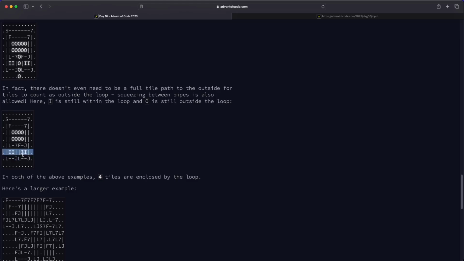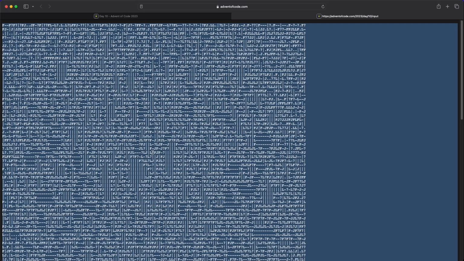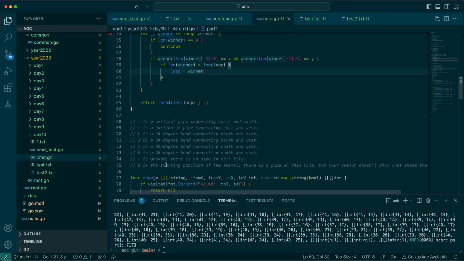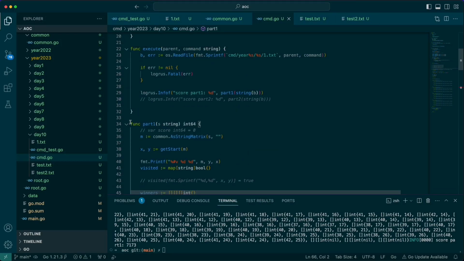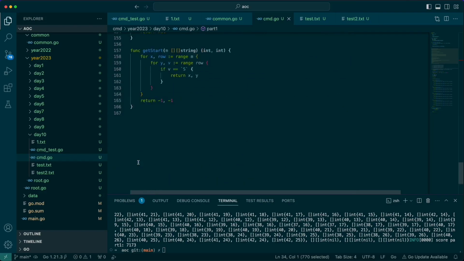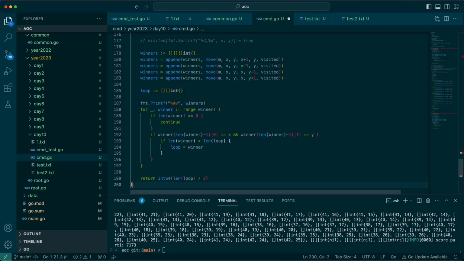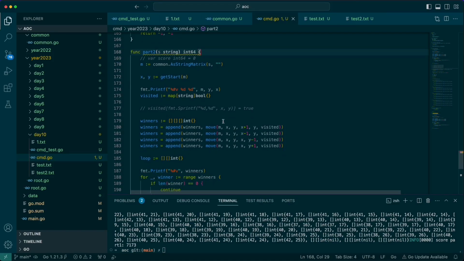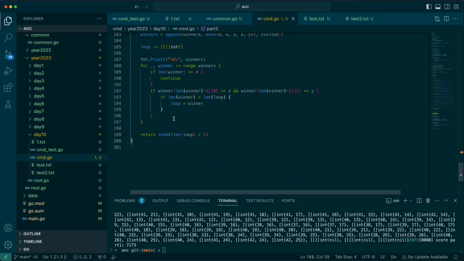So I kind of want this example because I feel like this is what we want for our test. So part 2 is going to include part 1, which is kind of nice. I like when that happens. So let's get part 1. Could probably functionalize this a little bit better, but we're not going to because I don't care. So part 2, we're going to get our winner. And then I think what would probably be easiest is that if we